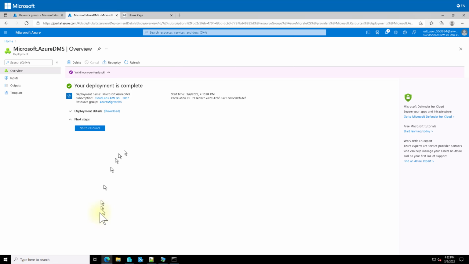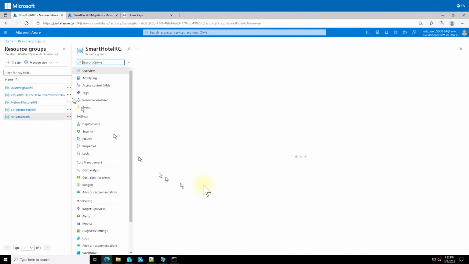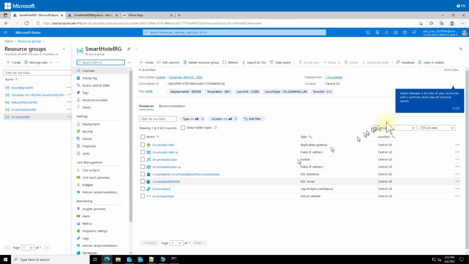Okay, database migration services is ready, was deployed, and right now we need to configure it to work with the second part. So we have direct connection to the virtual machines on premise, but still have no access to the SQL Server, Azure SQL database, the target option, and this SQL Server should be published inside the virtual network where we placed database migration service by